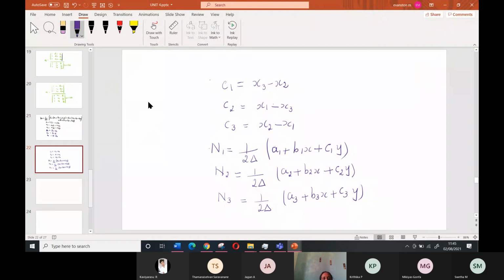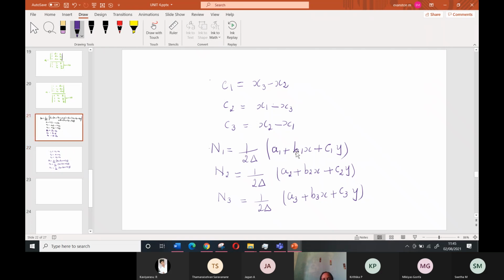Shape function for the triangular element. What we have learned is the rectangular beam element and the bar element, and this is a triangular element. From this triangular element, if you integrate B transpose D B, you will be able to find out the values of the stiffness matrix. That's what I wanted to convey. From this shape function, I'll be able to find out the values of the stiffness matrix and the load vector.